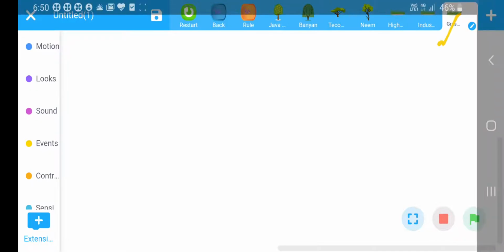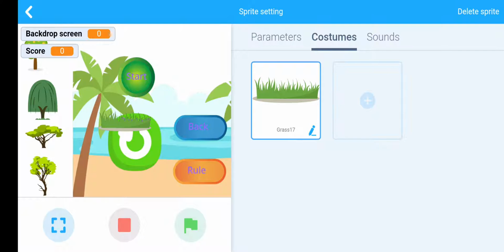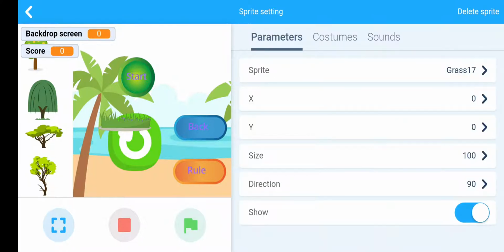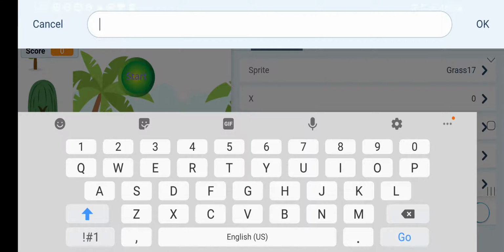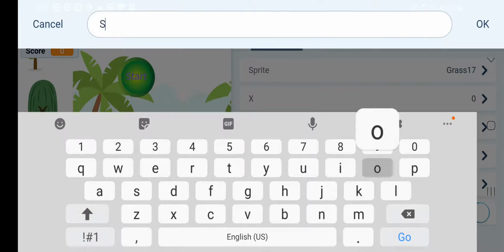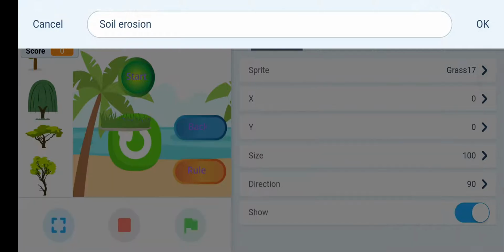Click on that sprite, then parameter, click on this and rename. Third landscape is our soil erosion. Then okay.